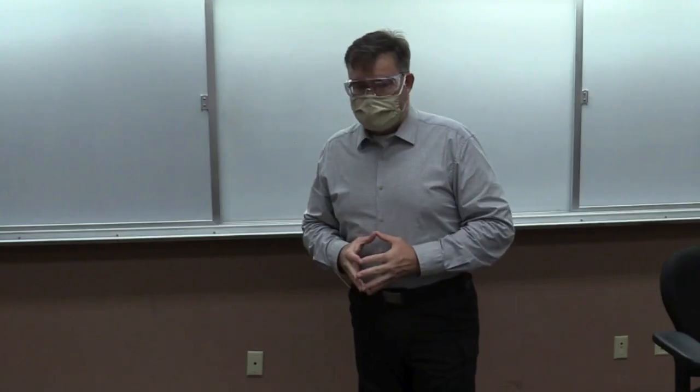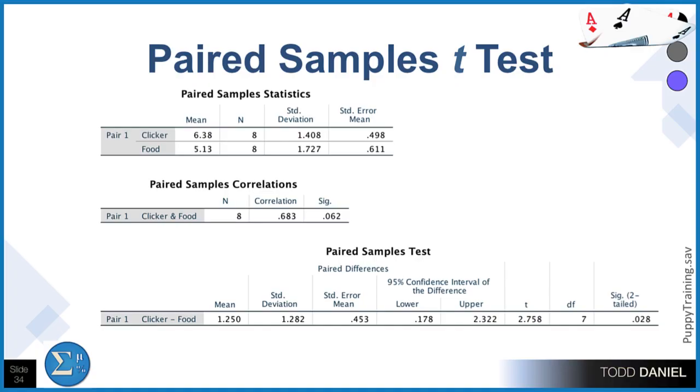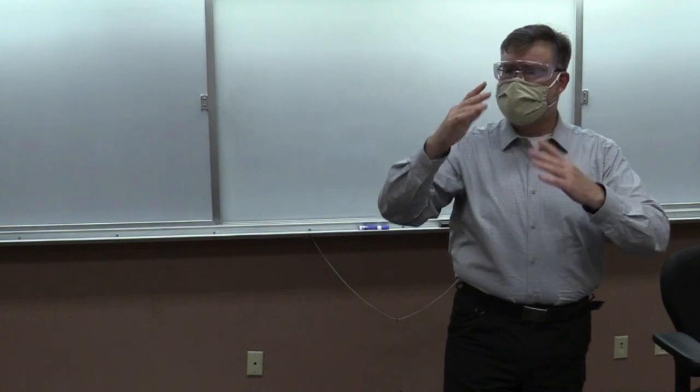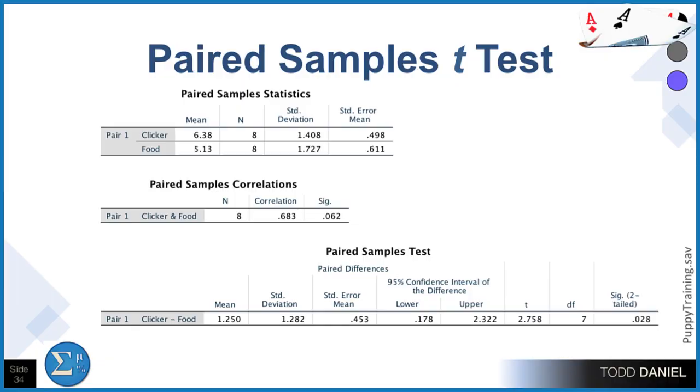Here's what you would look for in the output. Now this output comes from SPSS, but you will see the same layout in JASP. The biggest difference would be that the table that I have at the bottom of this slide for the paired sample t-test is going to be at the top of the JASP output. But the other parts you will see, except for paired samples correlations, which do not appear in the paired sample t-test output in JASP, but you can actually run the correlation, and you might want to do that if you were using a correction on the effect size.